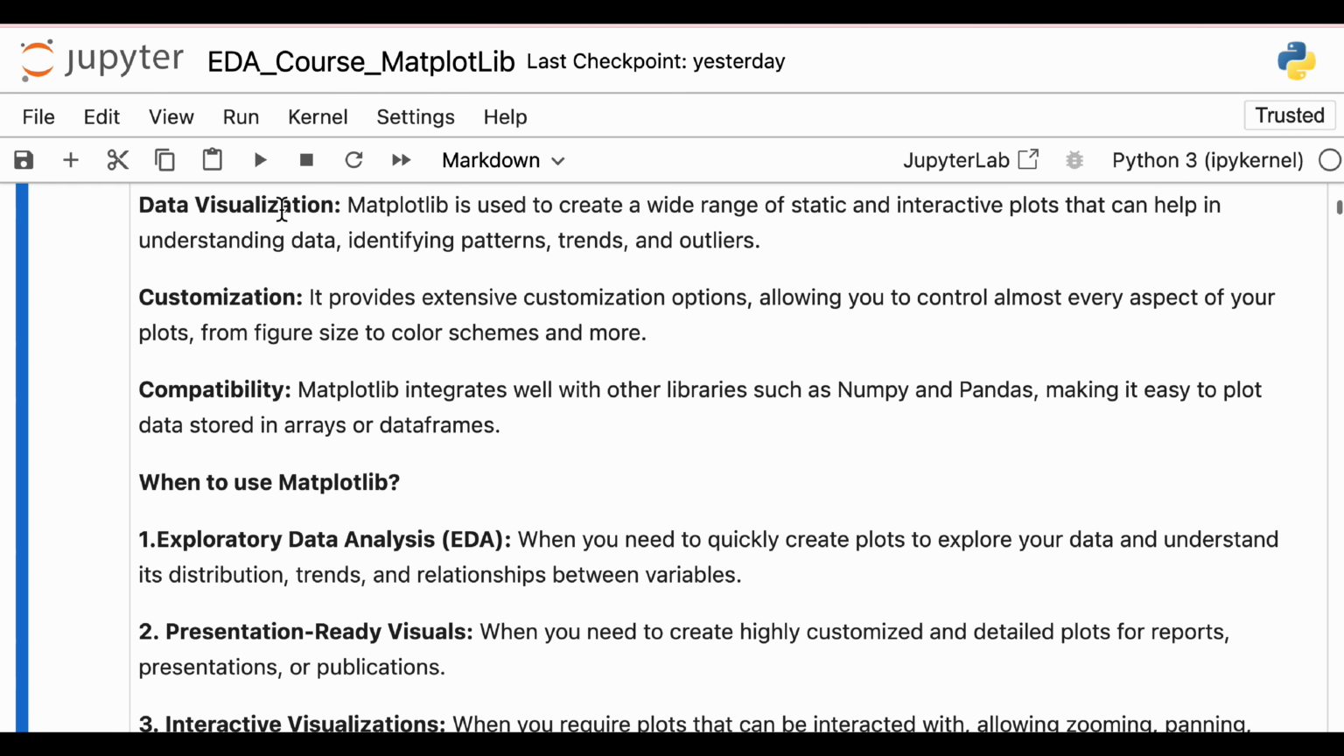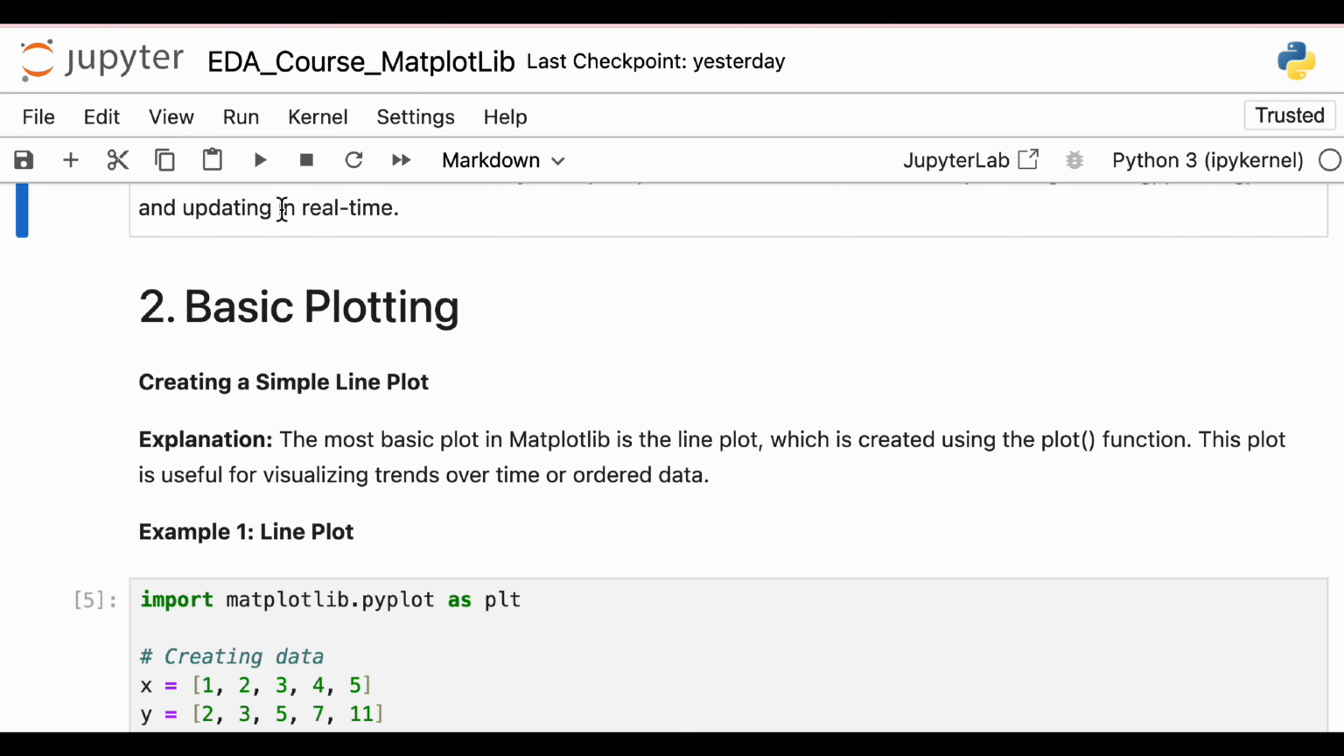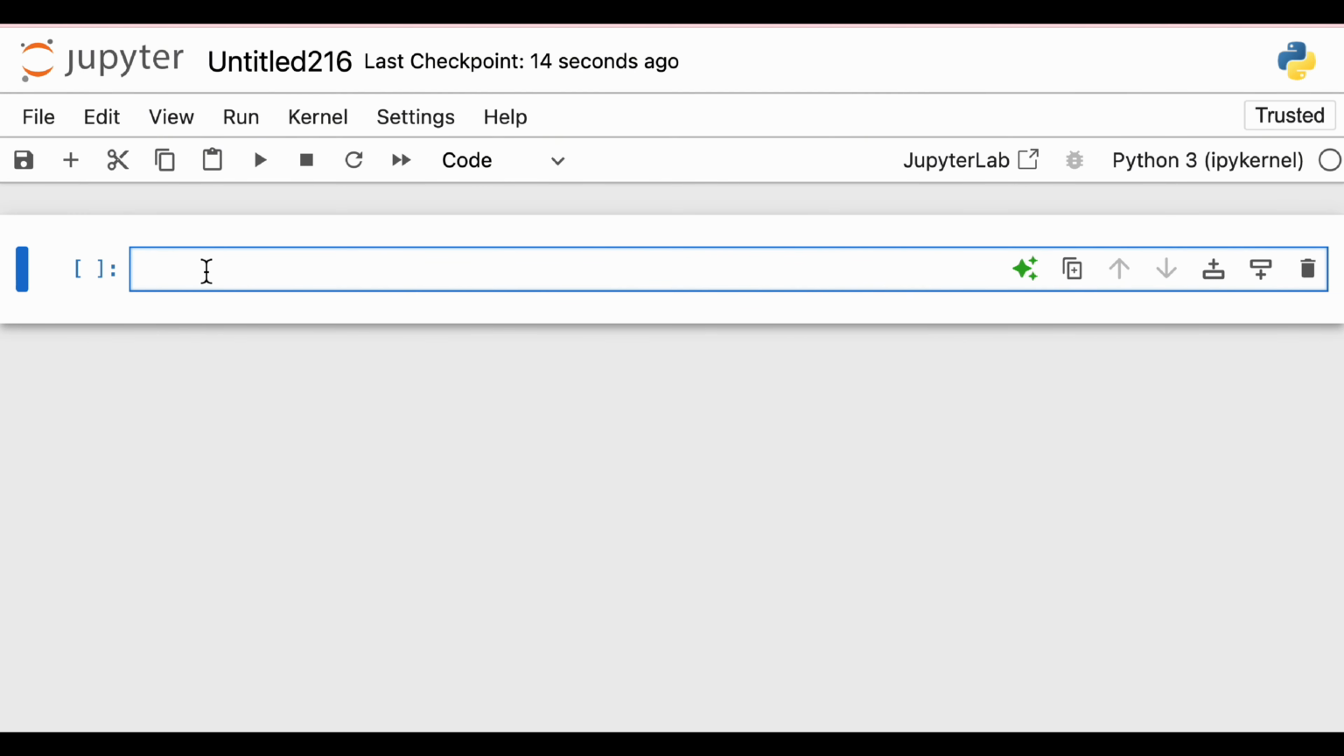The first part we see here is basic plotting. We will discuss what various types of plots are present. The first thing we see is the line plot. We will plot a simple line plot. How is it done? First of all, you need to import the library. Matplotlib is inbuilt, so you don't need to download it separately. So you'll do import